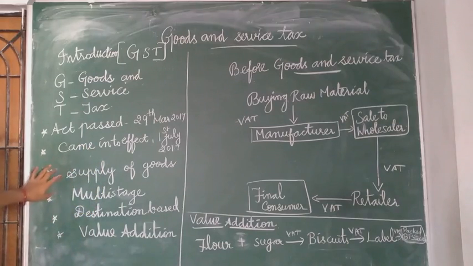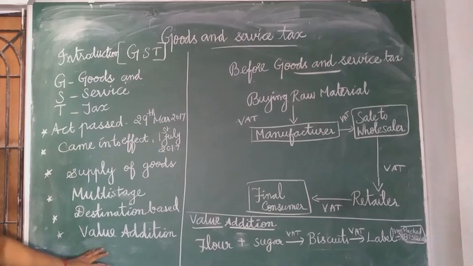And this is a supply of goods, where the supply of goods takes place, in that place only we are going to remit the tax, and it is a multi-staged destination based tax, and also it is value addition. So let me explain one by one about this. First let us take the value addition. Value addition means